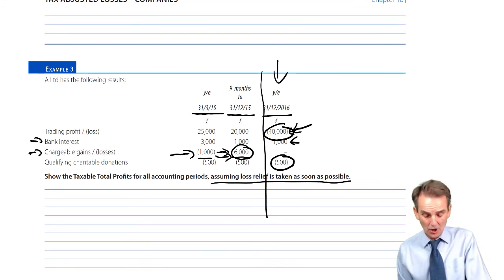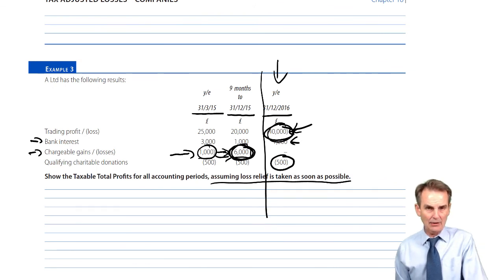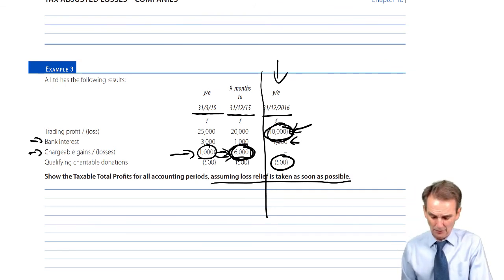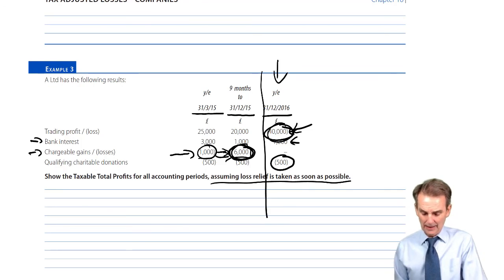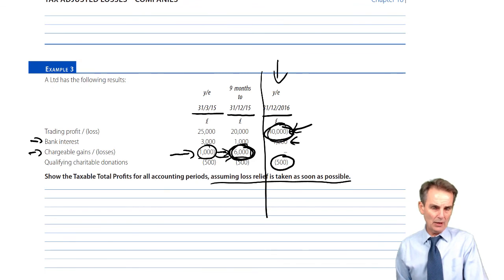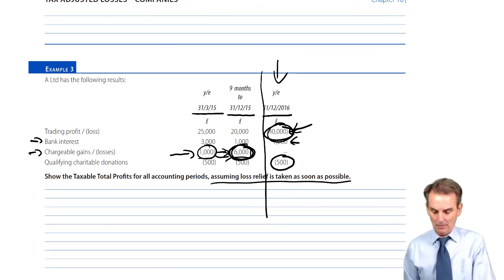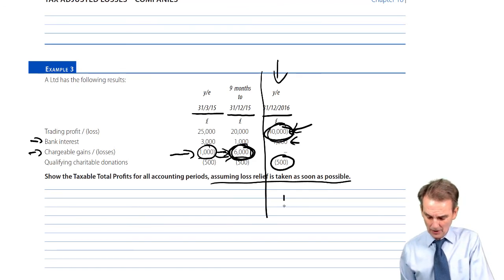So that would be in the computation. So when you then show your answer, you're going to have columns for each of these 3 periods. You're going to have nil assessments going in where there are losses. You need to therefore show a working that reduces that 6,000 by 1,000, the capital loss brought forward, down to 5, and then go down to total profit and leave a gap before any donations are deducted, into which the carryback relief claim can be made. Where would you go? Current period, carryback.